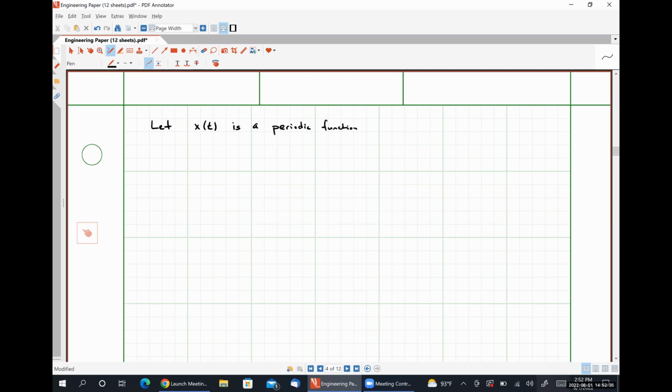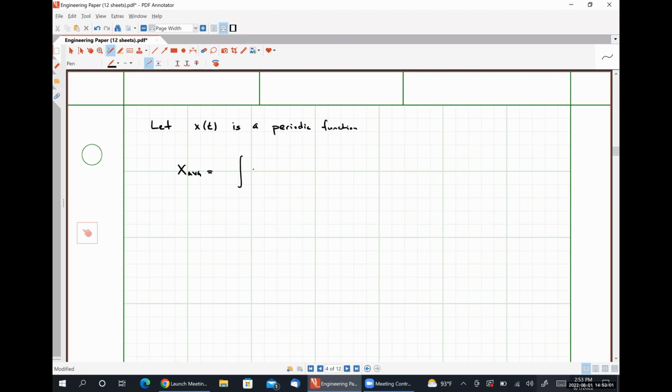It does not matter what type of function it is at all, just that it is a periodic function. It could be a sinusoid, could be a square wave, could be anything we want, as long as it repeats itself at regular intervals. The average value of our function x of t, we will call x average, is given by